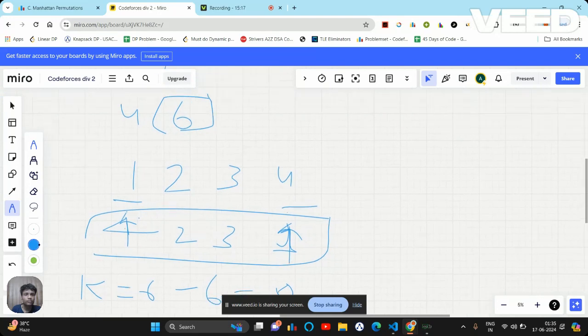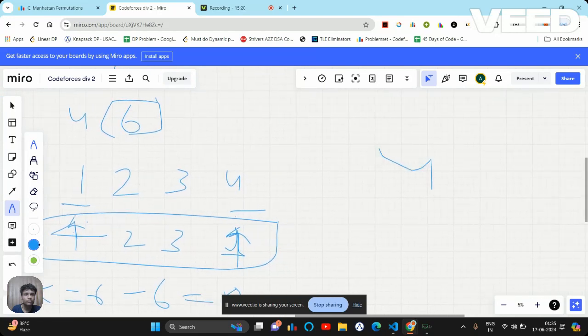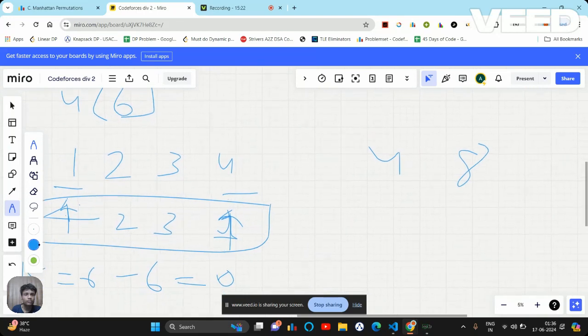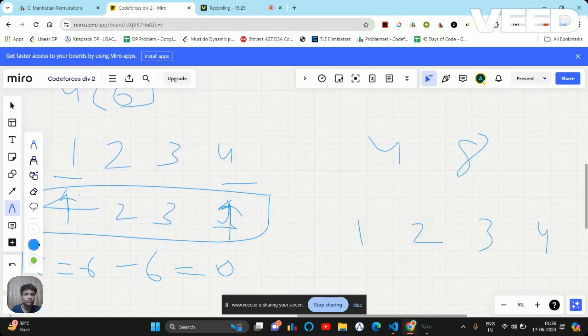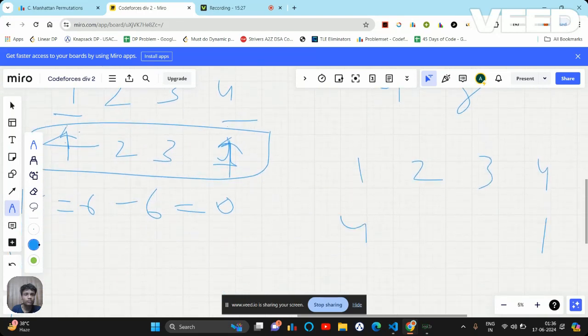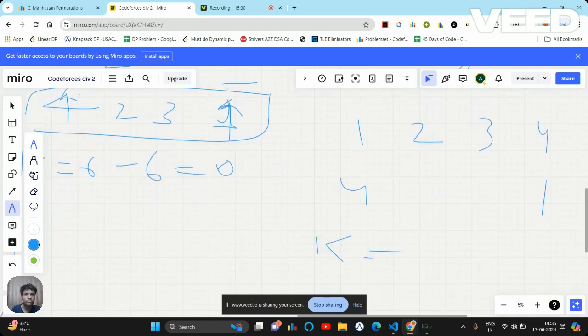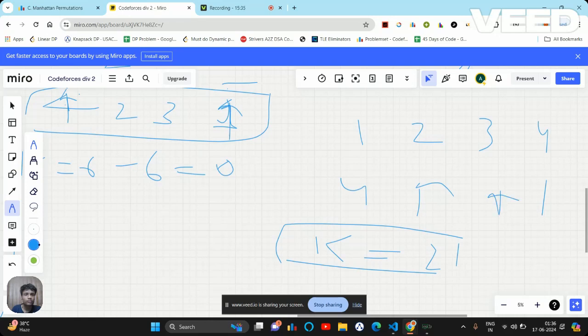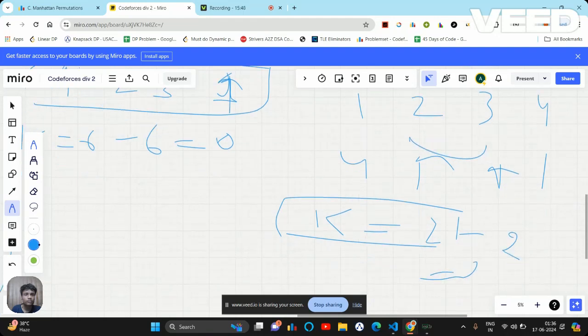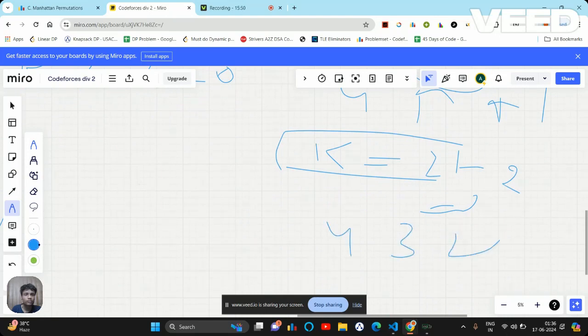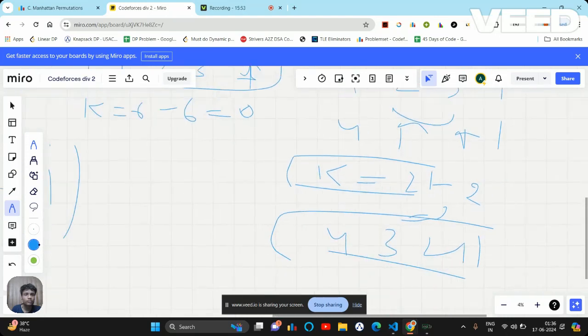Let's say if in place of 6 it was, let's say, 8. Okay, so 1 2 3 4. Now I know it is going to swap. Now the value of k will change to 2. Okay, now my indexes are there. Now I'll think, can I swap them? I'll check. If I take the difference between them, it comes out to 1. Then 2 times of it comes out equal to 2, so 2 minus 2 gives me 0, meaning I can surely swap them. So in that case, my permutation comes out to be 4 3 2 1. That is eventually a maximum as well.